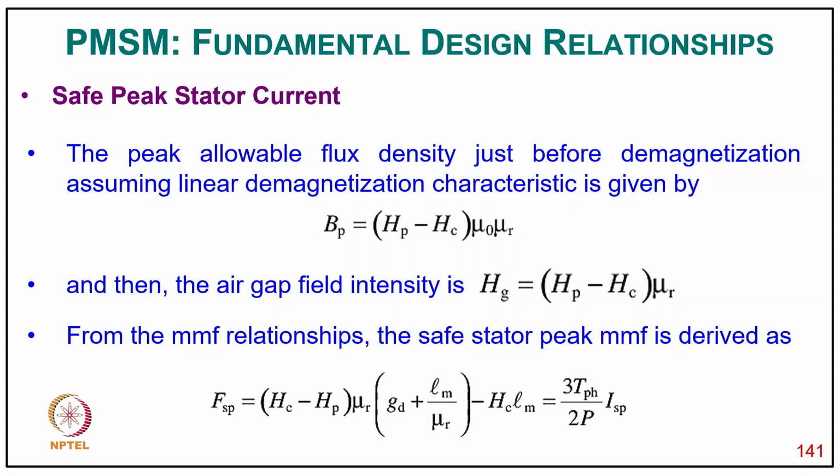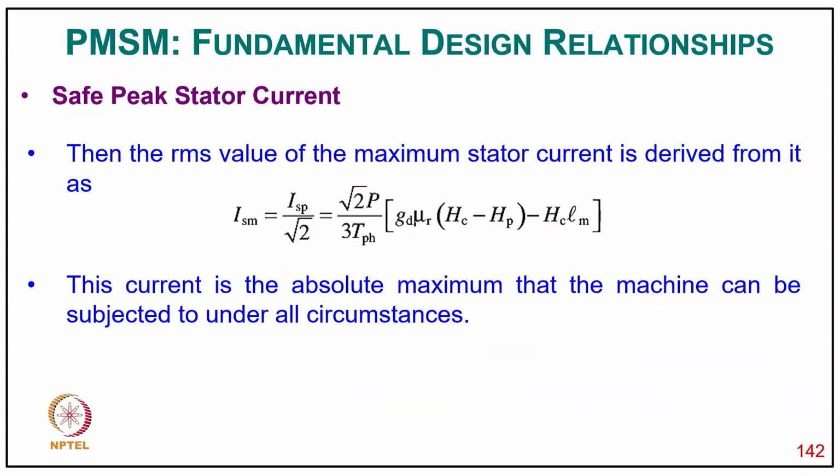and then the air gap field intensity is Hg equal to Hp minus Hc into μR, and from the MMF relationship the safe stator peak MMF is defined as Fsp equal to Hc minus Hp into μR, GD multiplied by GD plus Lm upon μR, minus Hc into Lm, equal to 3 TPH upon 2P into Isp. And then the RMS value of maximum stator current is derived as Ism equal to Isp upon √2, that is √2 P upon 3 TPH in bracket GD μR Hc minus Hp minus Hc into Lm,